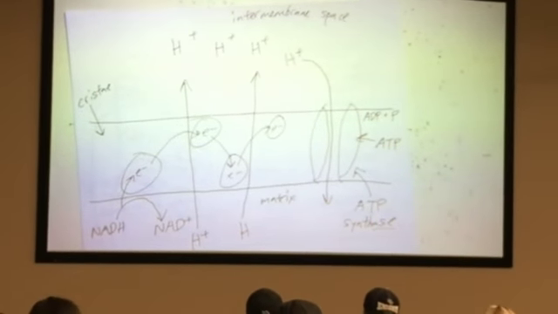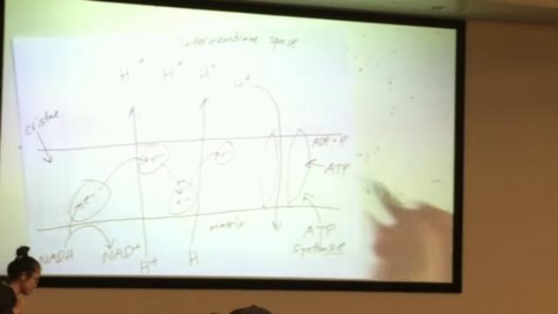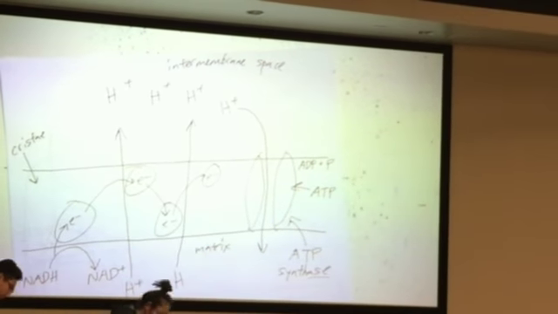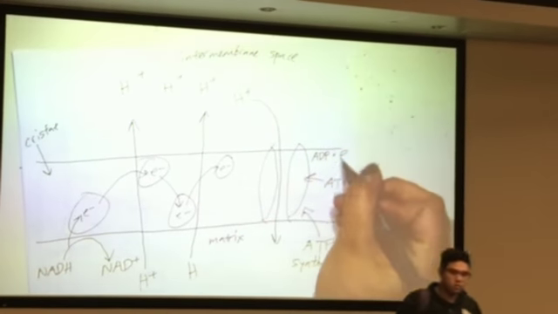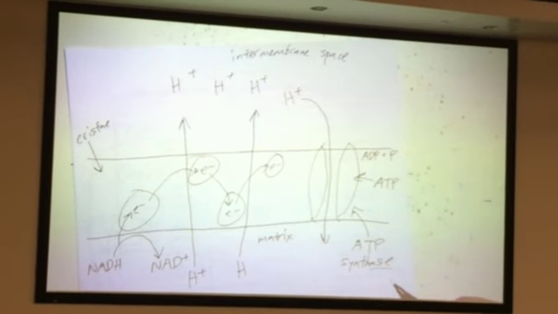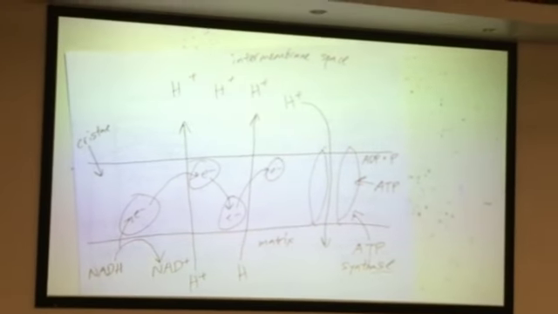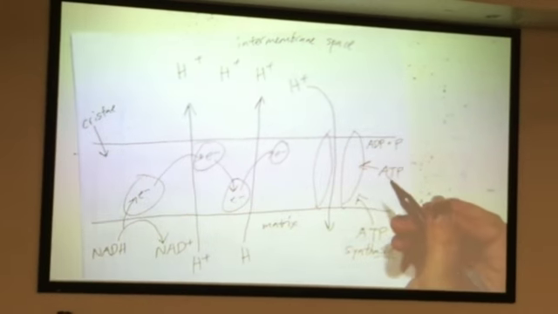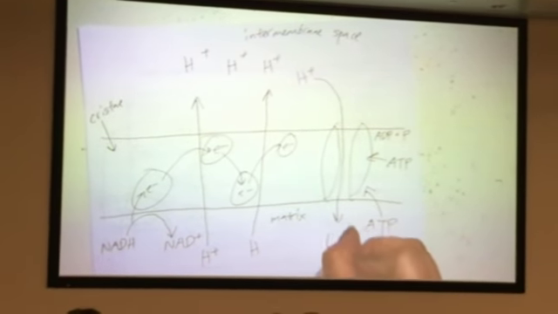Yeah, so in a lot of these cases when we say we're making stuff, what we're really doing is just putting together separate pieces that are already there. The ADP and the P are already in your cell waiting. So we're going to smash them together to make the ATP. ADP is just one less phosphate, but it doesn't have nearly as much energy. So ATP is the high energy one. Okay? So then we have to clean up the mess that we made. Because now we have the protons